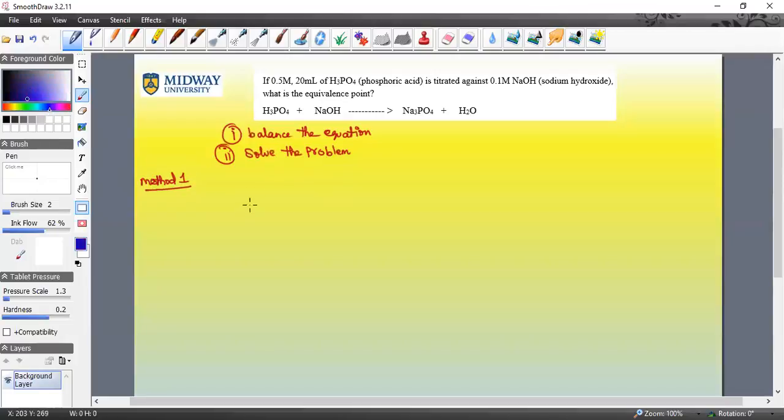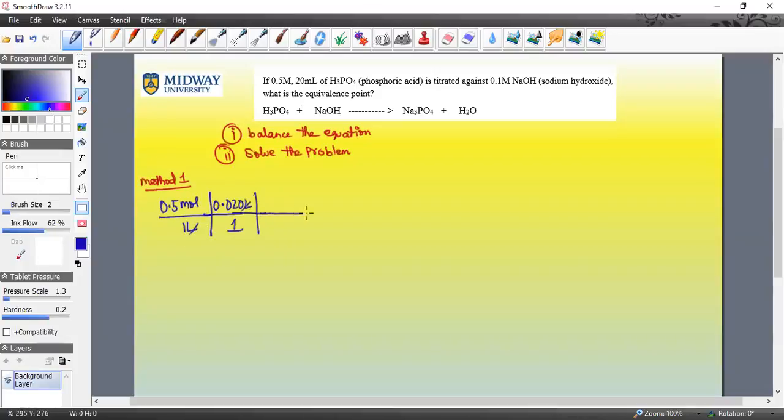You start with the information that contains both concentration and volume, and out of the two, if you always start with concentration, you should have absolutely no problem. So 0.5 molar is 0.5 moles over 1 liter. That's what it means. And then we have to get rid of the liter, so we convert the 20 mL to liters, which would be 0.020 liter. Because there's nothing here, we just put a 1, just like we did in the problem before. And this will give us,